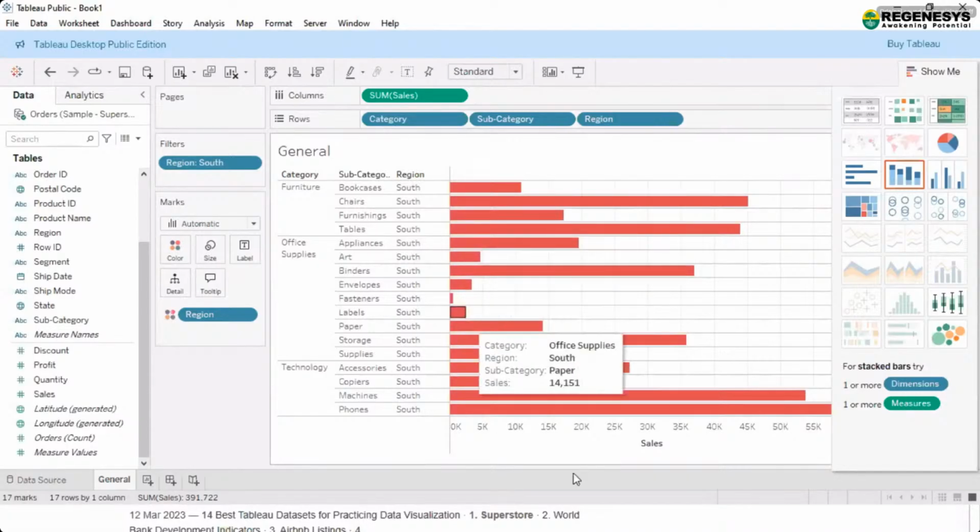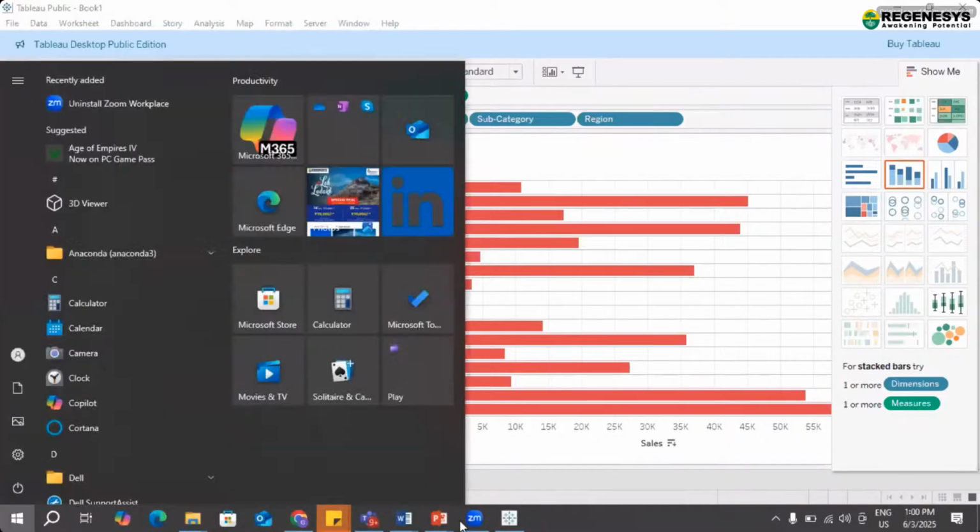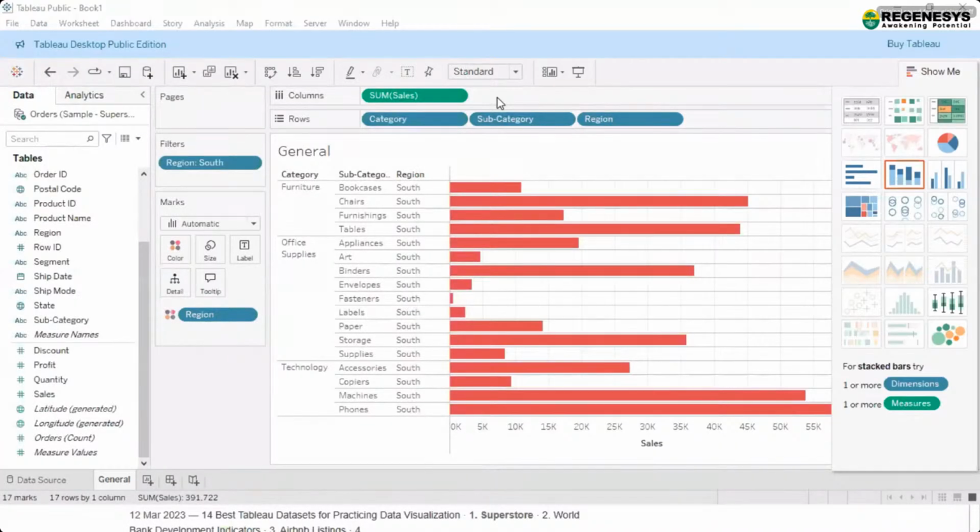Yes, please everyone try this, or you can try for any other region. Let's try for North. I'm giving you two minutes to perform. Try it for any other region.